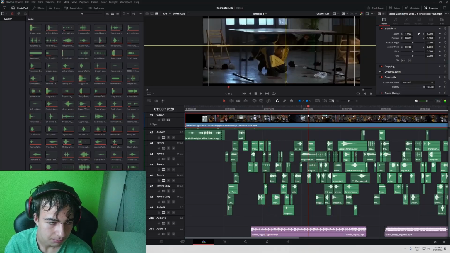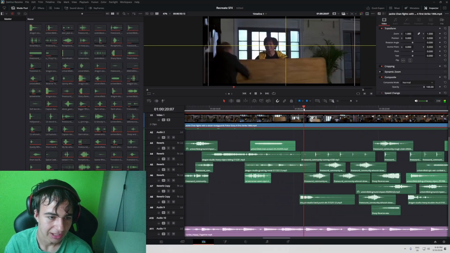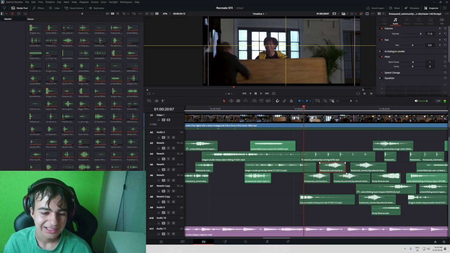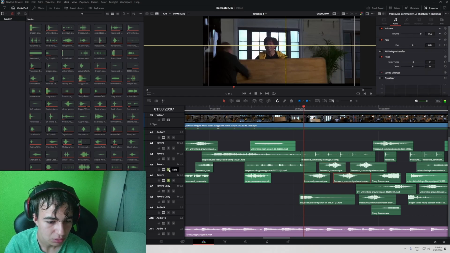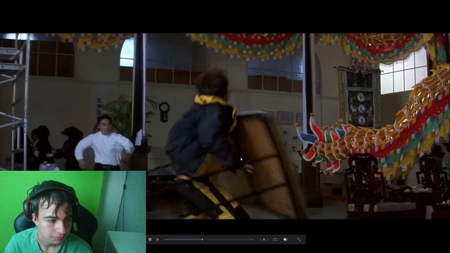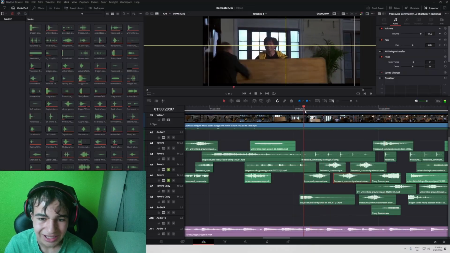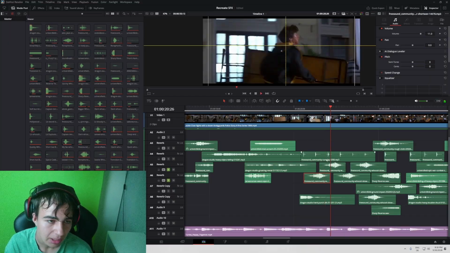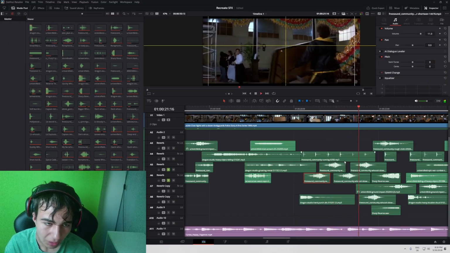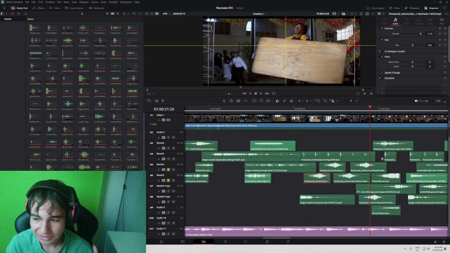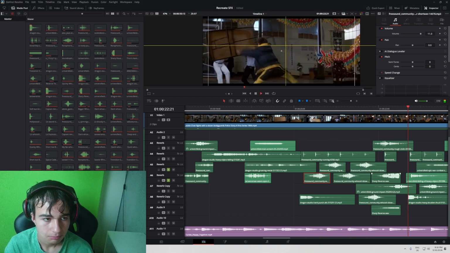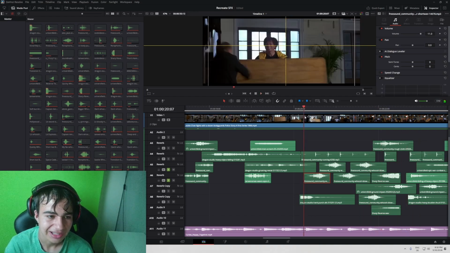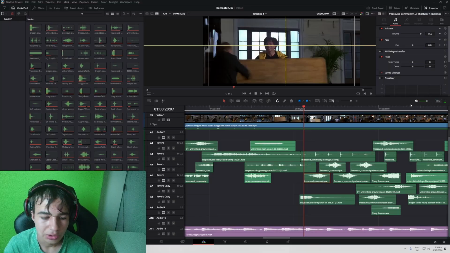For example, one pattern: when he rotates the table, it's the same whoosh sound I use, but every time it comes, it's one semitone higher. The first one is just the original sound, then I pitch it one up, another time one up, another time one up. So now you expect the next sound to be pitched up again, but then you get this sound, you break the pattern, and that is a really sweet way to make the scene